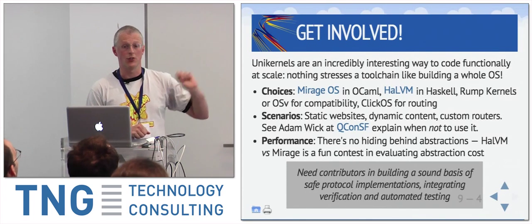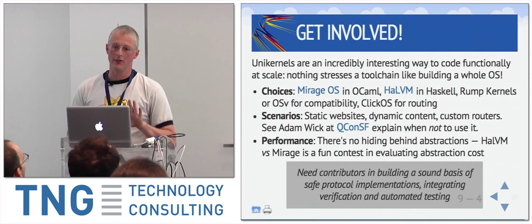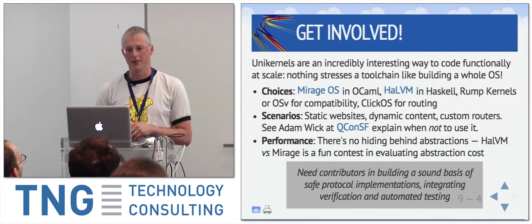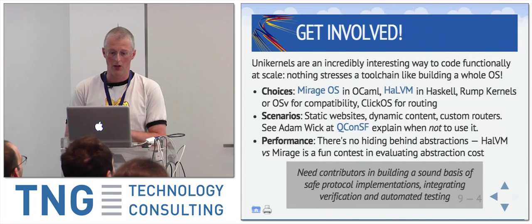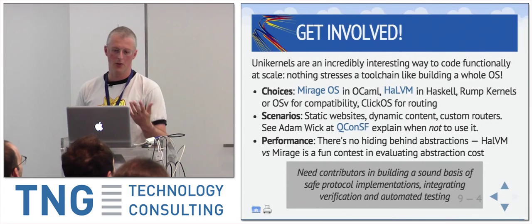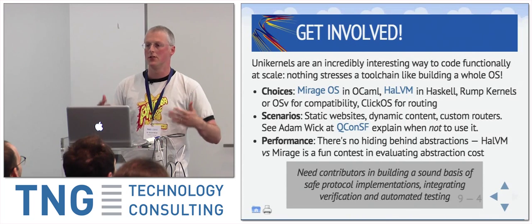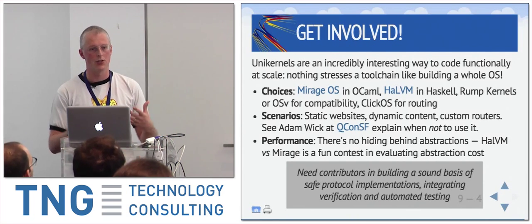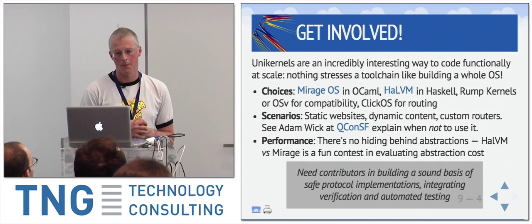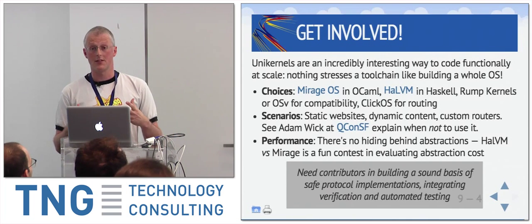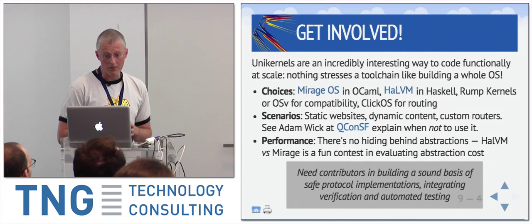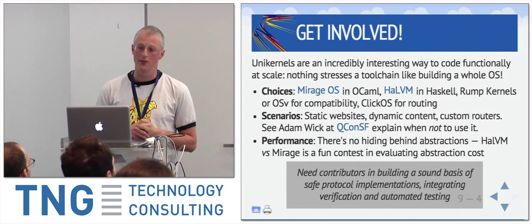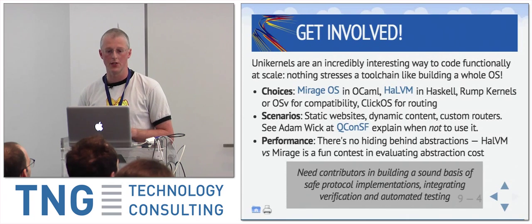I've talked a lot about Mirage, obviously, because that's the project I'm involved in. It's not the only unikernel platform out there. If you don't fancy OCaml, but you'd rather do Haskell, then there's HaLVM. Rump kernels are coming along, OSv in Java, I believe, ClickOS if you focus on routing. So there's a growing number of these types of implementations. It's componentization and reassembly, it's modularization, with lots of different scenarios in which it's being used. And the performance is not too bad and can probably be improved further. There's probably still quite a bit of room for optimization there.